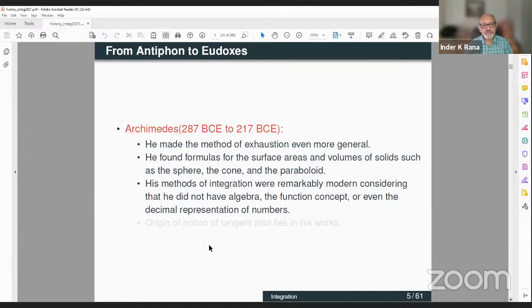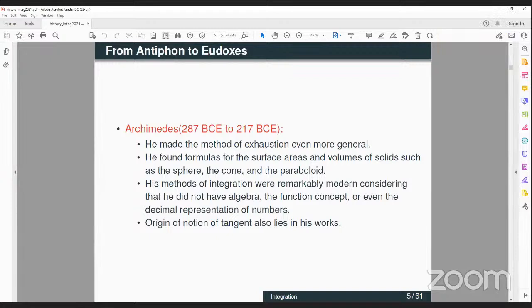And the origin of the notion of tangent is also attributed to the method of Archimedes. For example, what we call the Archimedean spiral, the tangent to the Archimedean spiral was given by Archimedes. Okay, so